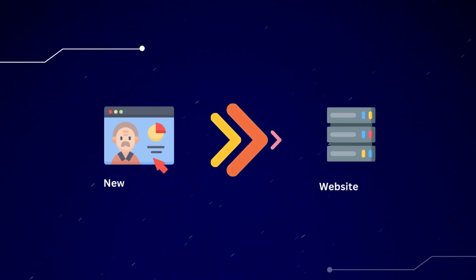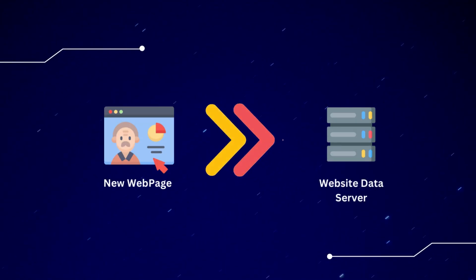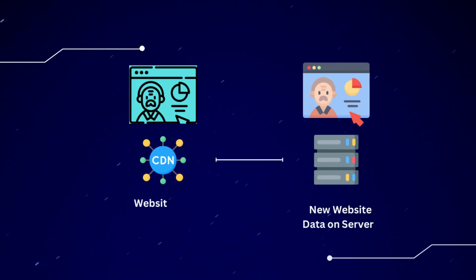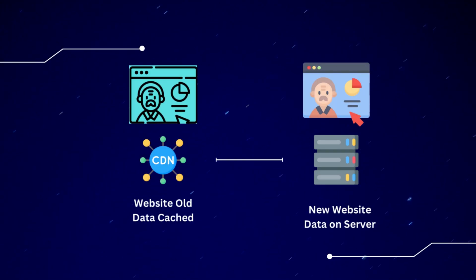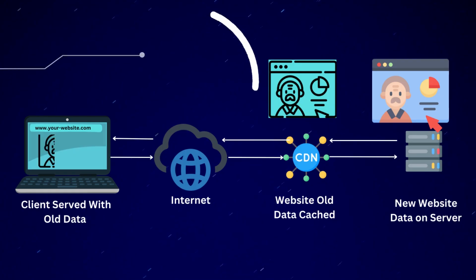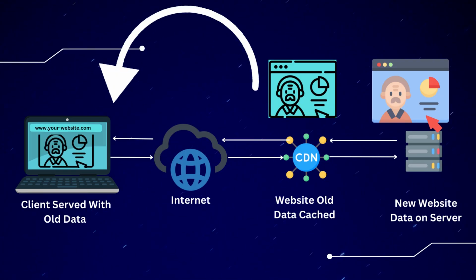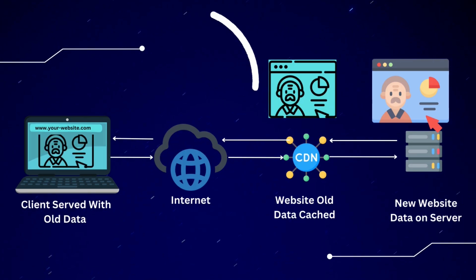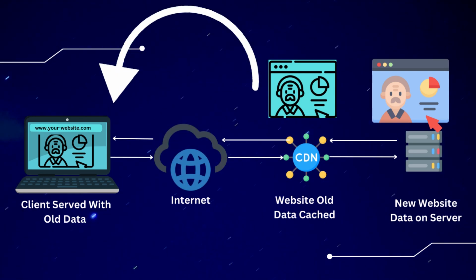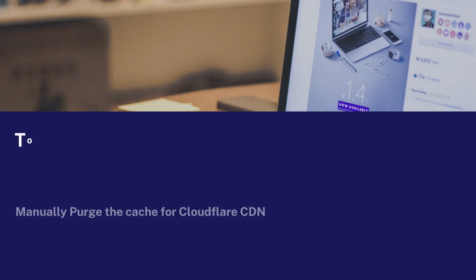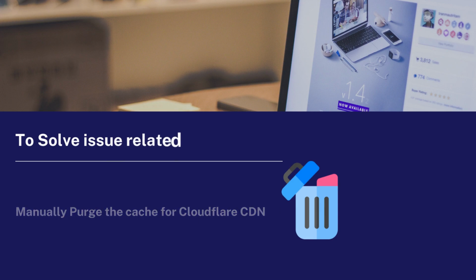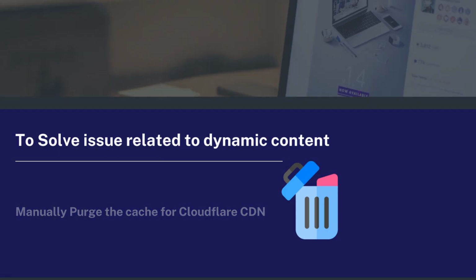Similarly, if you change your website content too frequently, Cloudflare may not have the most up to date version of your website content cached on its server. This means that users may see outdated content when they load your website. This could be very problematic for your website. If you are concerned about this, you can manually purge the cache or set up caching rules, but this can be very tedious and complicated.